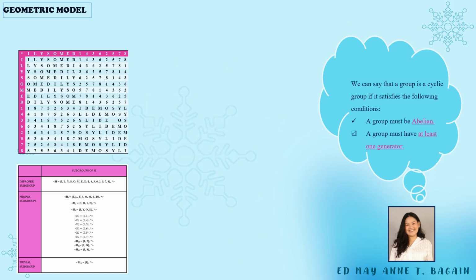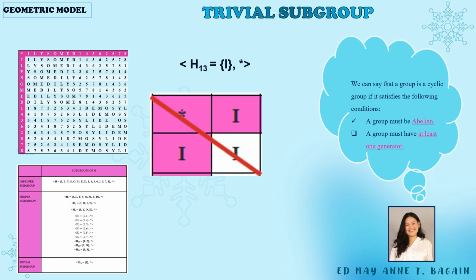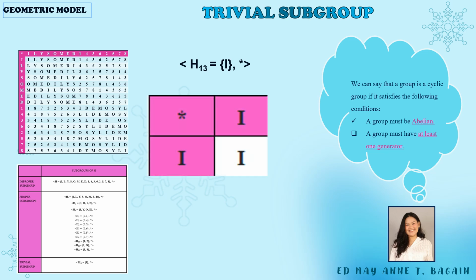Okay, so lastly, we have here the trivial subgroup. Okay, let me just correct this one. Okay, so I already corrected this slide. As we can see, it is a trivial subgroup because it only has the identity element, which is I, right? So we know we have this as the last subgroup, which is the trivial subgroup. The identity element of this set is I. We have here the table to explore if this trivial subgroup satisfies all the conditions to be a cyclic subgroup.